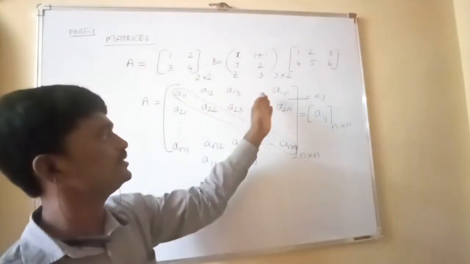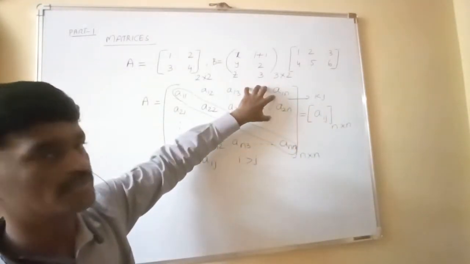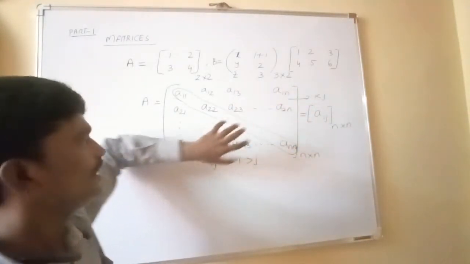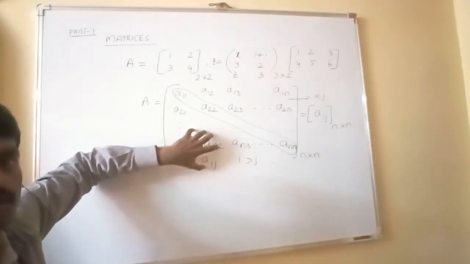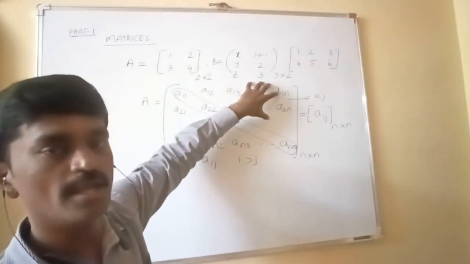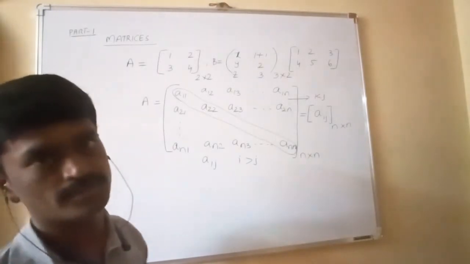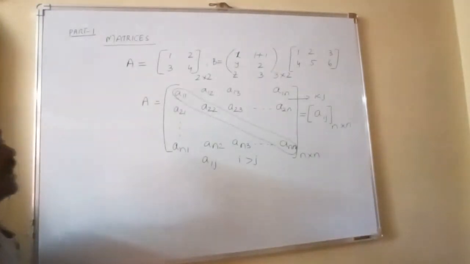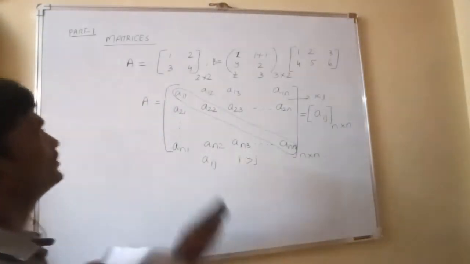So these two together are n square minus n, which means here the number of elements is n square minus n by 2. Here also the number of elements is what? n square minus n by 2. Nothing but n into n minus 1 by 2. And in this region the number of elements is n into n minus 1 by 2. And in this diagonal how many elements are there? n elements. Okay.